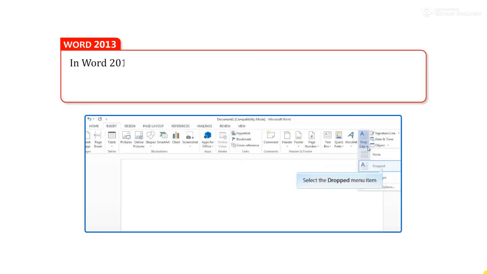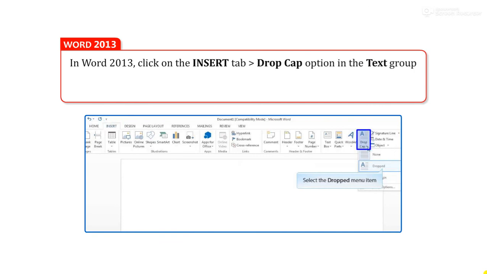Word 2013. In Word 2013, click on the Insert tab, then go to Drop Cap option in the text group to enlarge only the first letter of a paragraph. Its application is